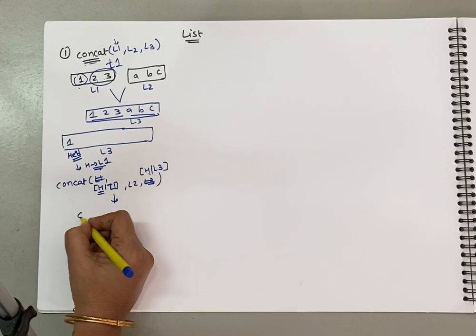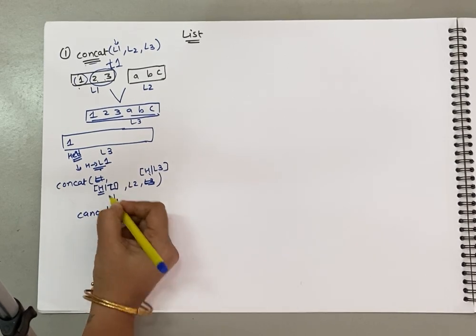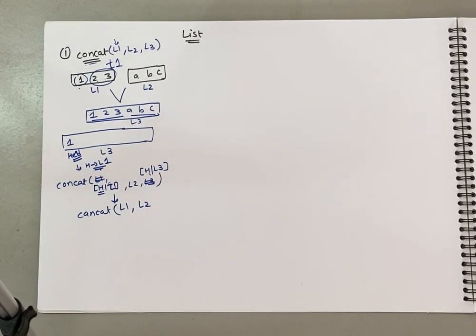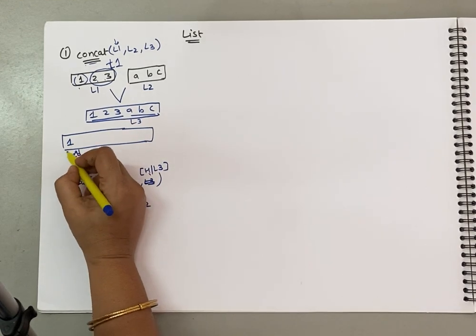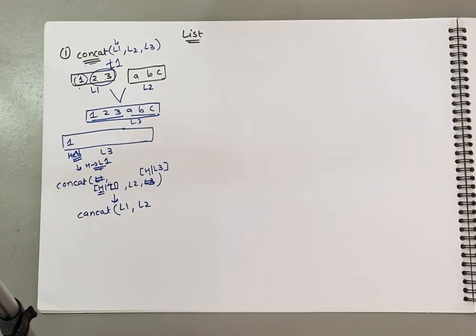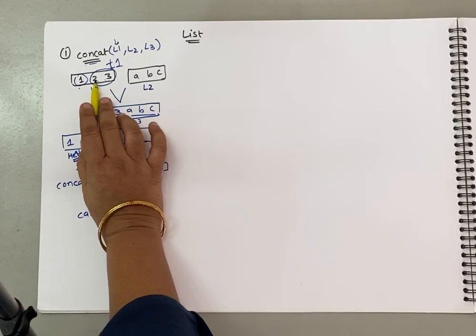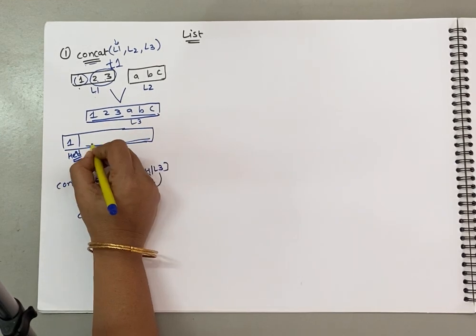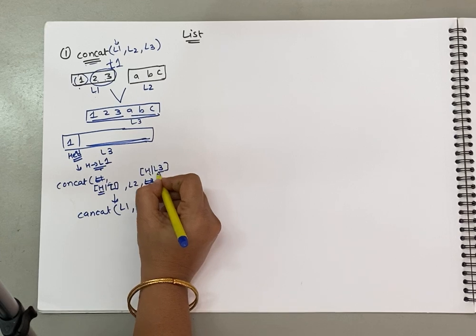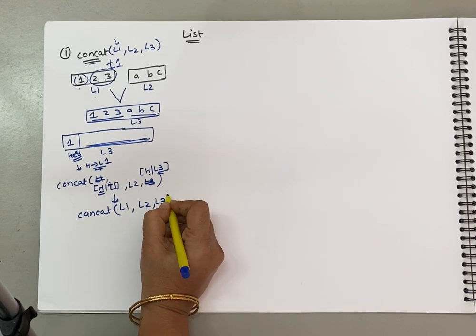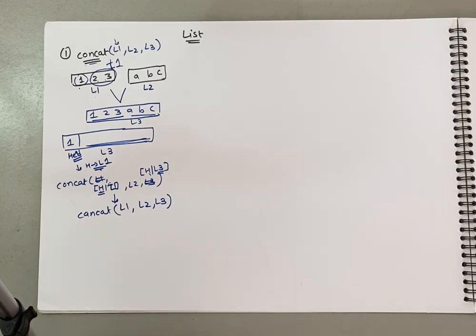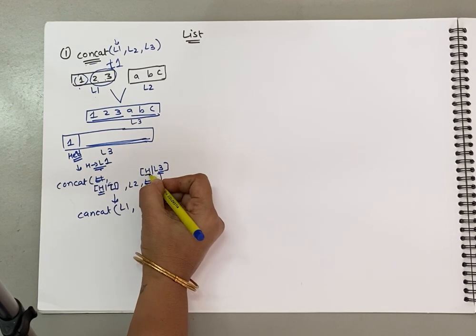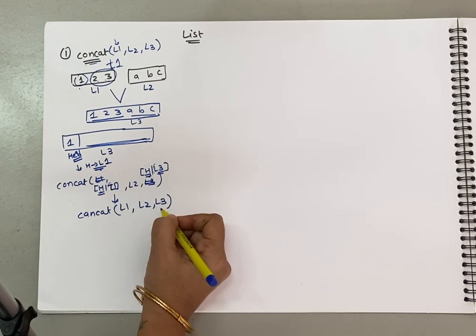What will happen in the next call? Concate should be called with H copied, so L1 should be passed, L2 should be passed, and mind well what you require: 1 should always be in the head. Hence, the next element, that is the head of L1, should be copied in the head of this remaining list, that is nothing but L3 over here. So what are we going to pass over here? L3. Are you getting what I'm trying to say? What we are doing over here is that this 1 should always be the head. So the entire list we are not going to pass. H is as it is in the head. Only the tail, that is L3, we are going to pass over here.